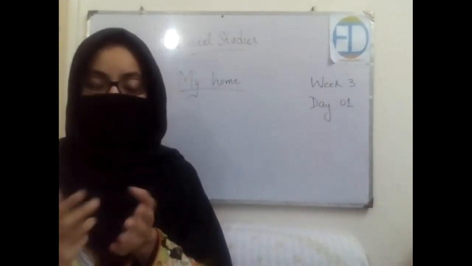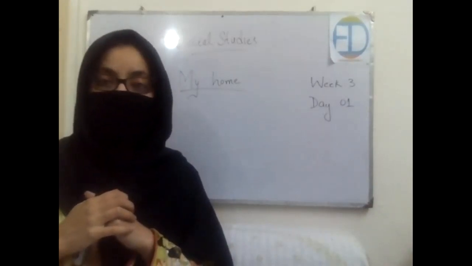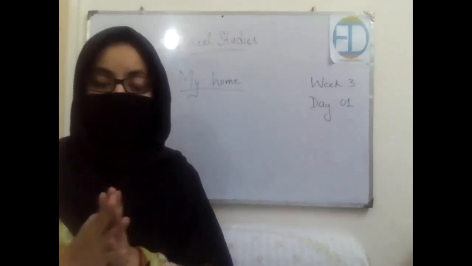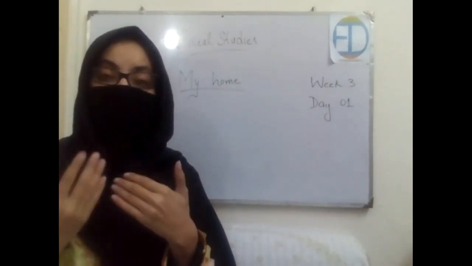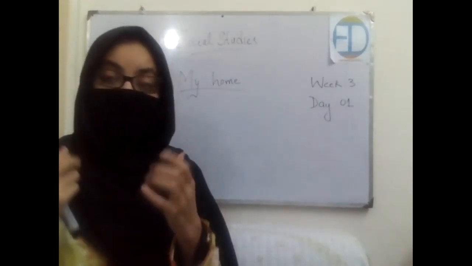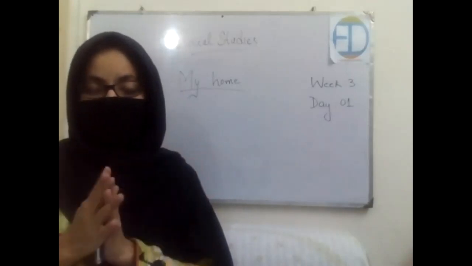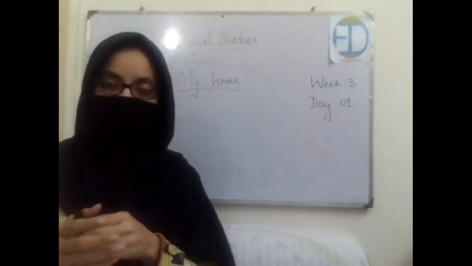We also talked about the assembly, and I told you that assembly is a very important part of every school. And then we talked about the activities which are part of assembly and how we can make it better. What were the two main things that are part of every assembly, the recitation and the national anthem, right? So we discussed all of these things, and then we did the exercise as well.